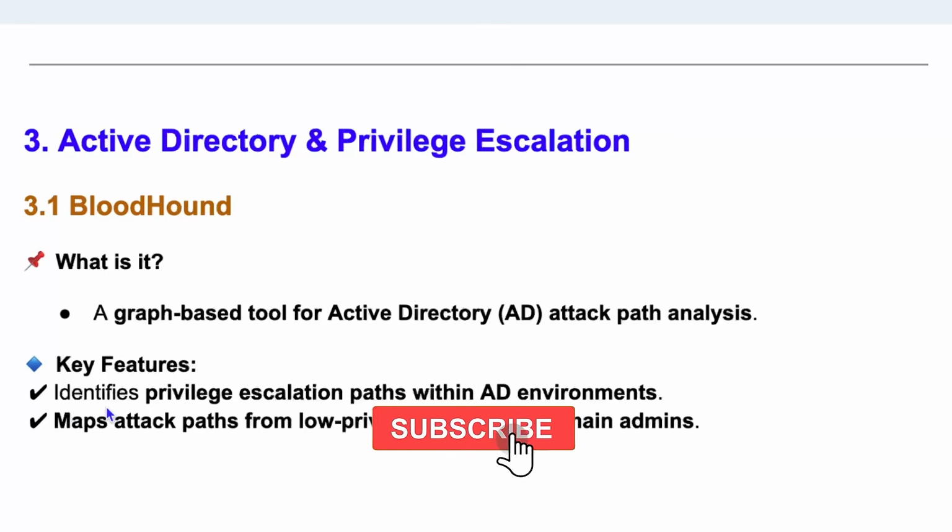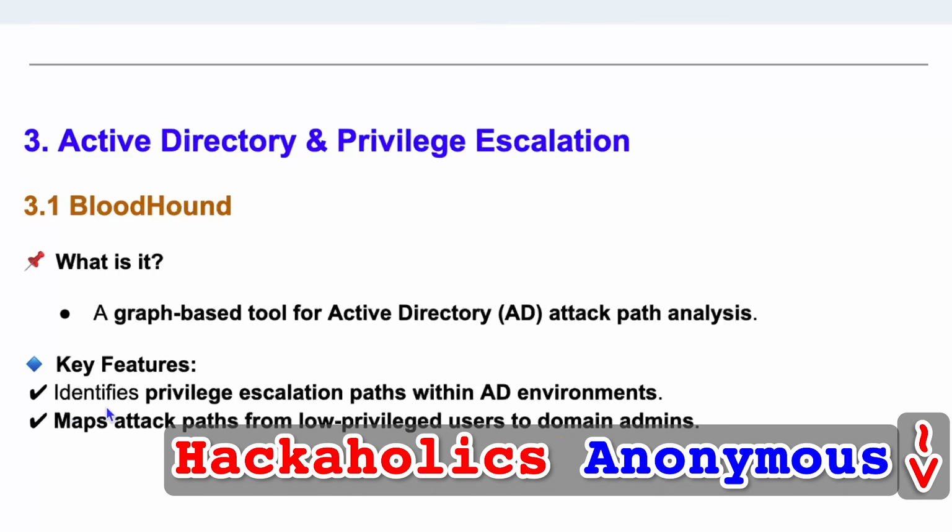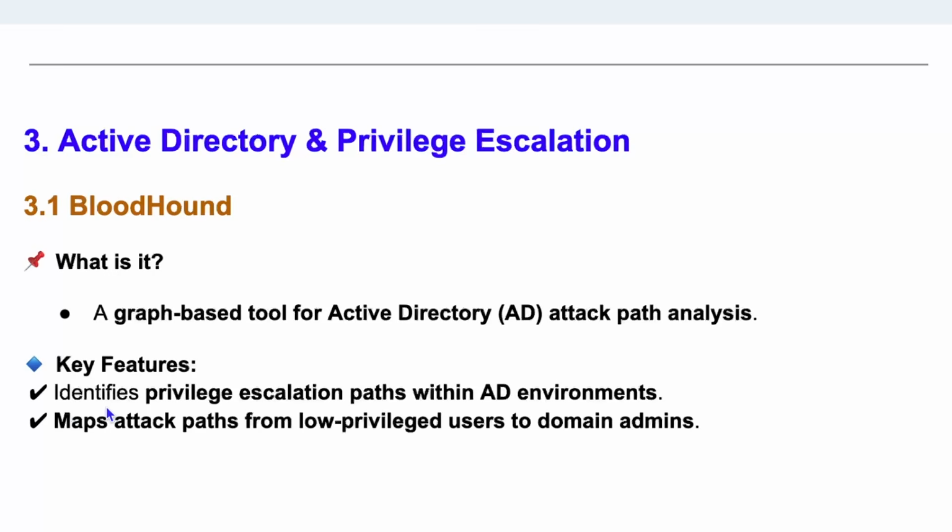Active Directory is native to Windows-based machines, and privilege escalation pretty much applies to any kind of system or any kind of environment where there are multiple privileges. So that's not necessarily just native to Windows, but Active Directory is. BloodHound is a graph-based tool for Active Directory attack path analysis. It looks at attacking Active Directory via multiple vectors, and it identifies privilege escalation paths within the AD environment and maps attack paths from low privileged users to